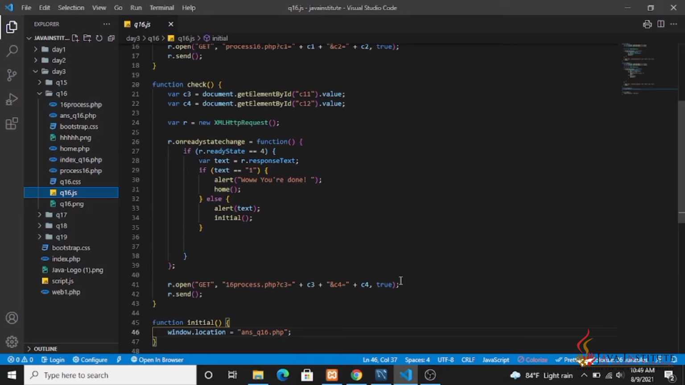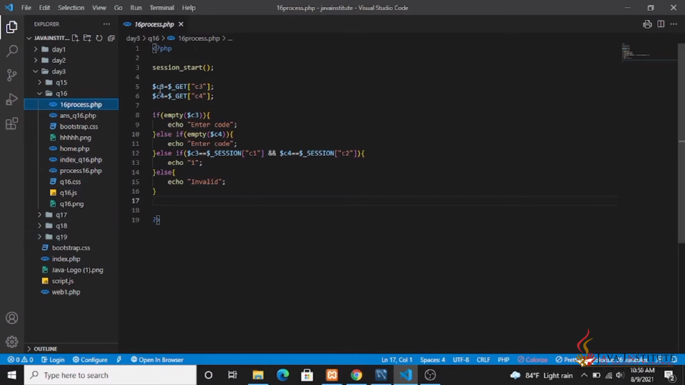And I have used here also the Ajax method. For that it's included as true, and I have used the get method here for passing these two. There is no importance of using the get method or the post method here, because we are not using a password. Because of that, it's free for me to use the get method. And after that I'm directing to this 16 process.php file, and again in this also I have created